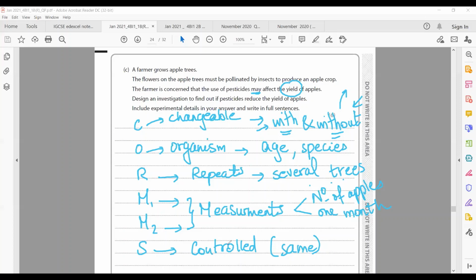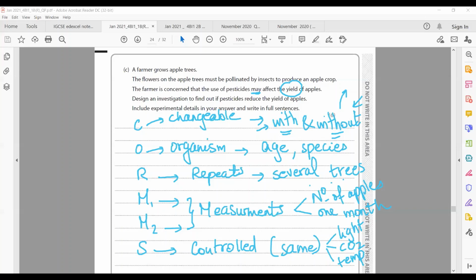للتايم بتاعي. طيب ايه بقى الكنترولد variables؟ ان لازم يكونوا all the trees they are receiving the same light intensity، لان انا هنا هعتمد على photosynthesis بالتاكيد. the same مثلا carbon dioxide، the same temperature. ممكن ان انا اخد مثلا the same amount of water for all trees. طيب انا كده عطيتك البلان